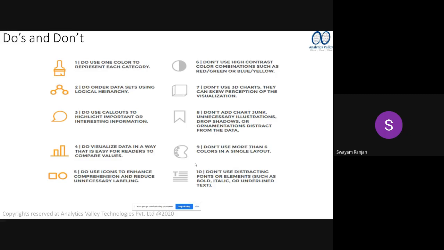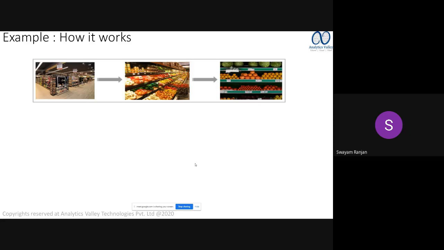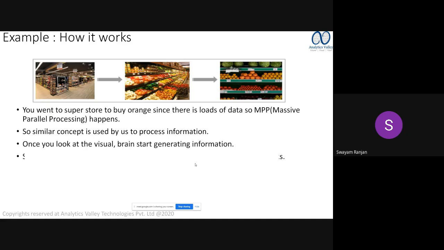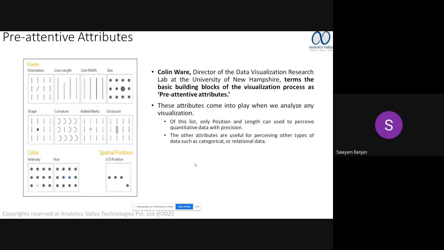Basically these are the do's and don'ts. I'll not walk you through them; this is readable material that you can go through. And this is the example I talked about, the exploratory data analysis, for which I had given the example of Babita Man. This is how you approach it.